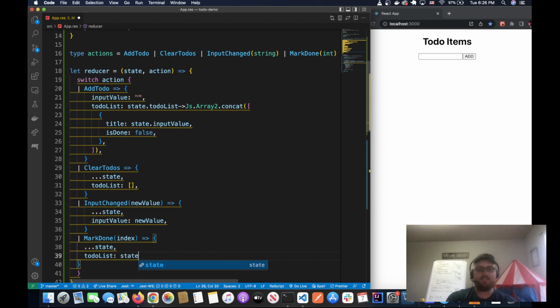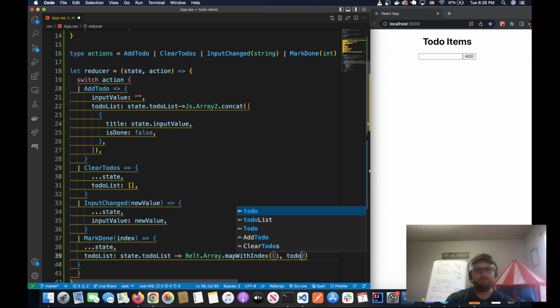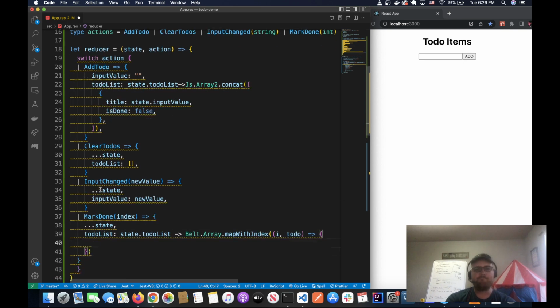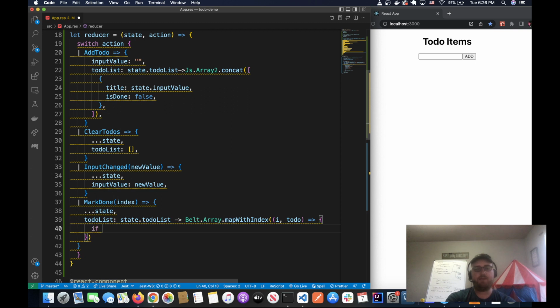So let's do this. We're going to say state.todoList. We're going to pipe that into Belt.Array.mapWithIndex, like we just did before. So index goes first. We'll put i, and then we'll put todo. Let's open that up. So if i equals index, then we're going to say todo,